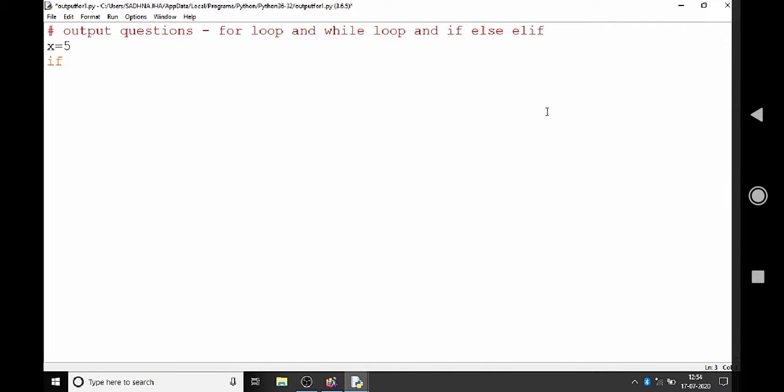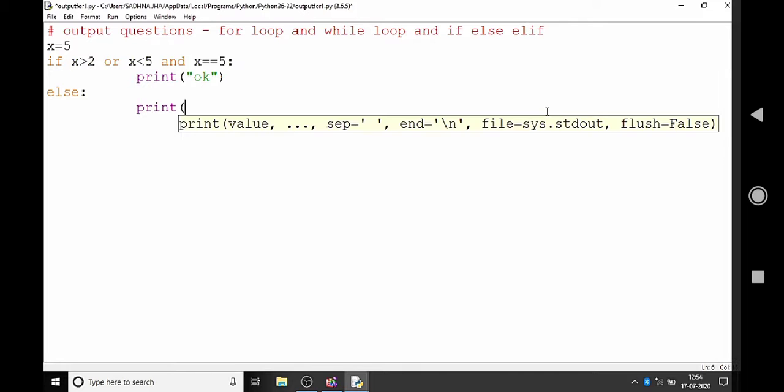If x greater than 2 or x less than 5 and x is equal to 5 colon, print OK, else print no output.